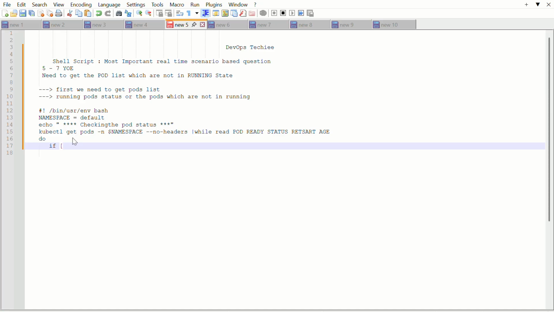This is an if, which means we are using a conditional statement. Here I am checking the status that I get from the command above. Why did I use a variable again here? Because I will get the value. Read status: not equal to, if the status is not equal to running,